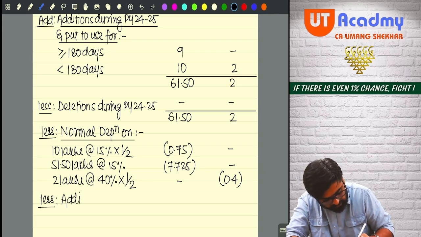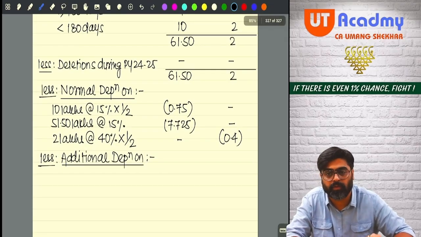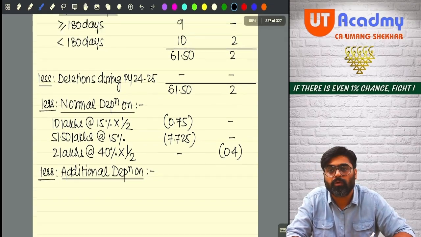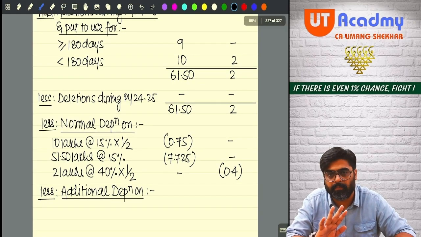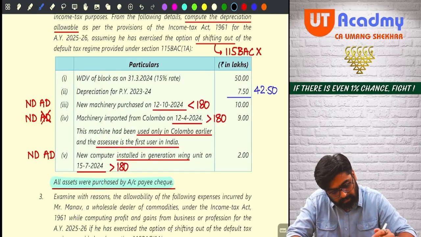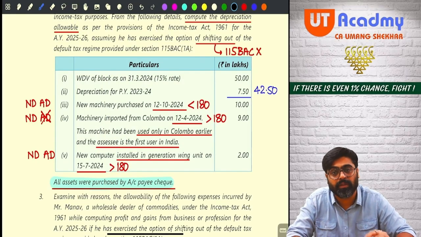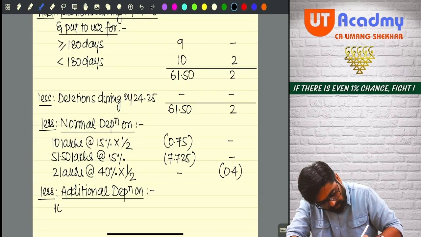See, additional depreciation I will get on all the new assets. New plant and machinery also and new computer also. Why? Because computer is used in power generation unit. Yes or no? So what was the cost? 9 lakh, 10 lakh and 2 lakhs. On all of them I can claim. But no. The second hand plant and machinery was there. On that I cannot claim additional depreciation. So how much was the value of second hand plant and machinery? It was 9 lakhs. On this 9 lakh I cannot claim. Okay, no? So additional depreciation on 10 lakhs